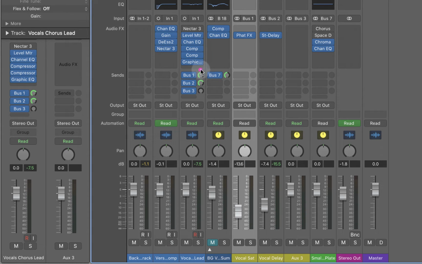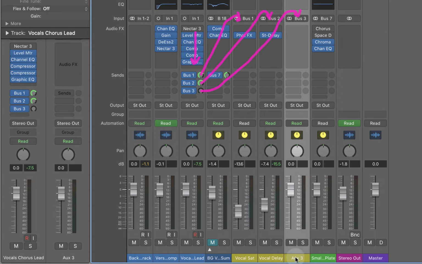And just to review how this works, when we send through bus 1 right here, that means we are sending the result of this signal, whatever comes after all of this, over to this track through bus 1. This one right here is being sent through bus 2, and then it's arriving at this track that's inputting on bus 2. And then what we just created here is our connection through bus 3. That brings us over to this channel strip, which is currently called aux 3,